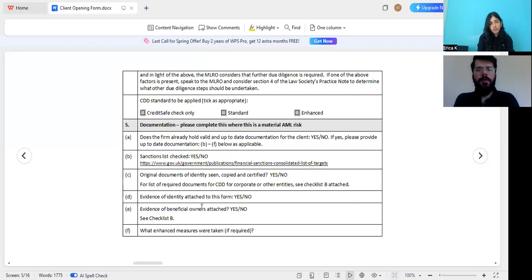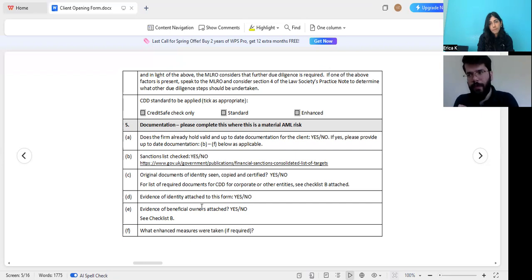So the MLRO, the money laundering reporting officer of the law firm, considers that further due diligence is required if one of the above factors is present. Speak to the MLRO, consider Section 4 of the Law Society's practice note to determine whether other due diligence steps should be undertaken. Now, as I said, you need to report to your MLRO, and they would basically then steer